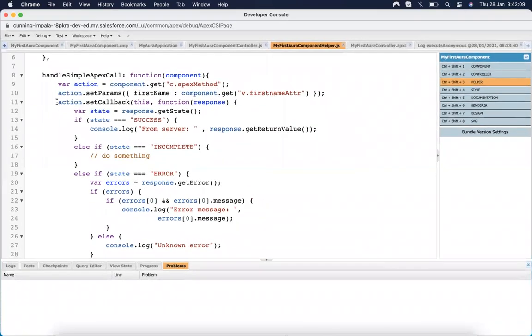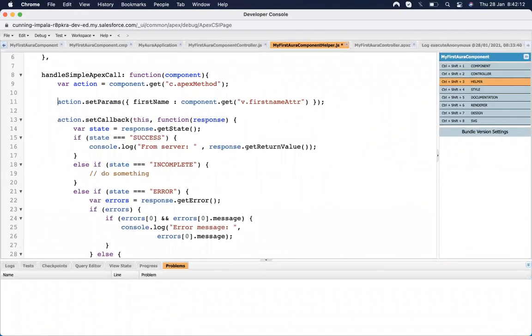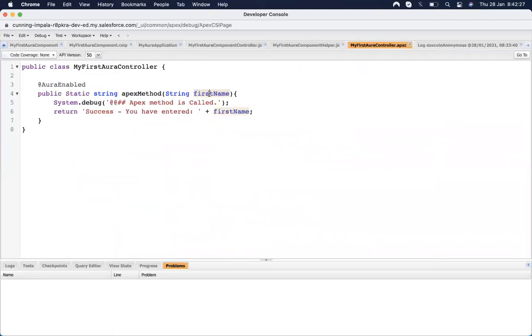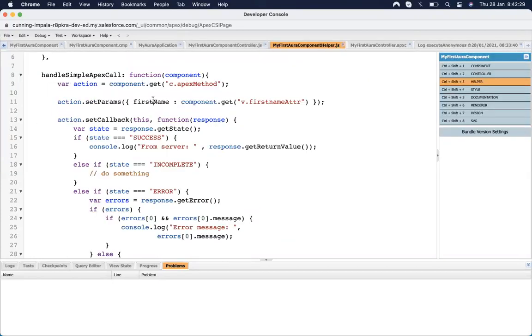So what are we doing? I'm setting a parameter to our method, and the parameter looks like a key and value pair. The key of that parameter will be the same as the parameter present in the Apex. And second, we are passing a value, so it should be done via component.get.